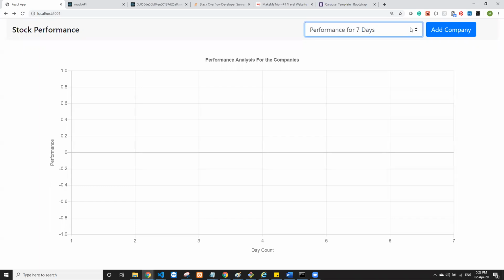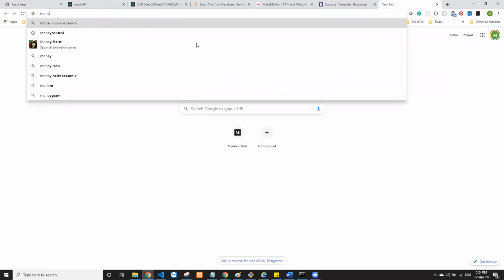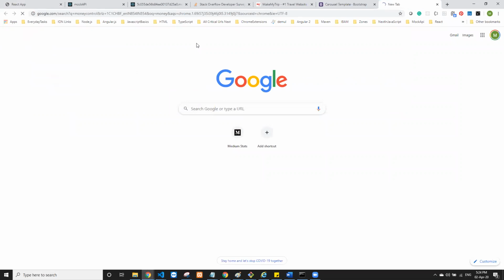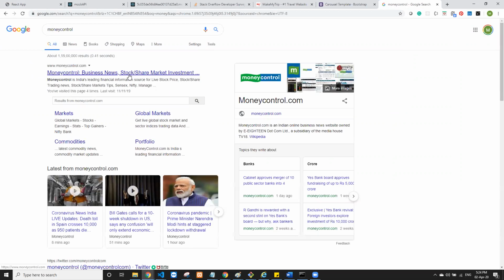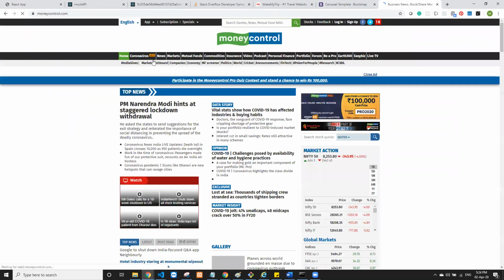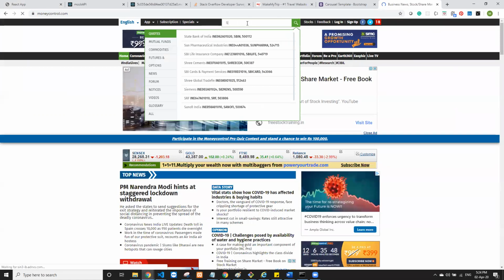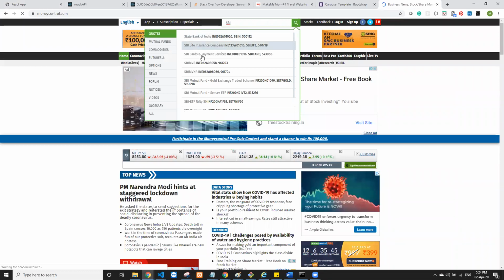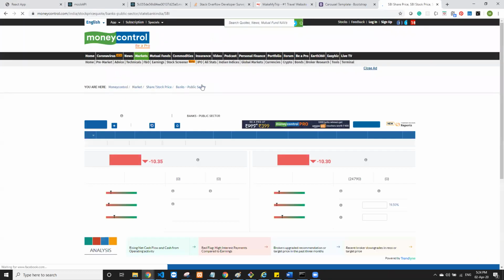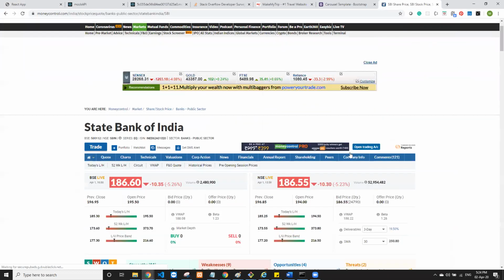Whenever you are looking for data, let's say you're looking at an application like Money Control, which gives you details about a single stock, how it is performing in the last few days. So let's say we look for SBI, a stock of SBI, and maybe what happens is it can give you some data.